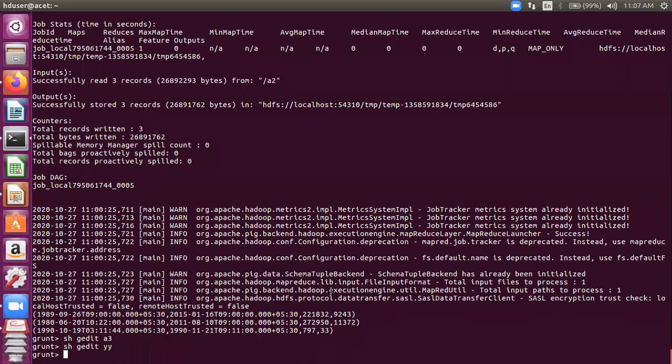So I'm going to load this A3 file into some relation, say W equals load. This one is also, I suppose, in the, let's suppose it's there. We'll check pick storage as. So we have a serial number with an int. Then we have D1 as a char array, comma, duration as a char array.